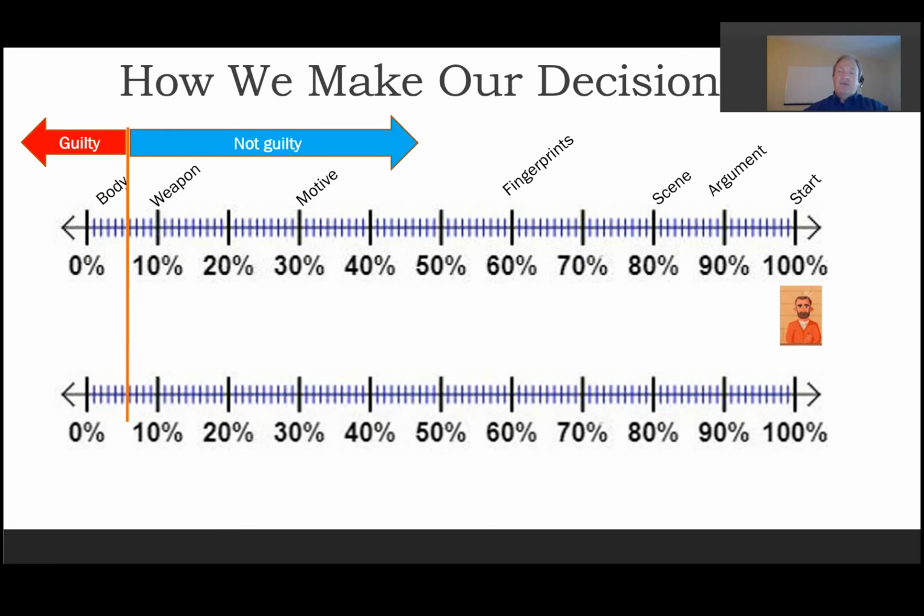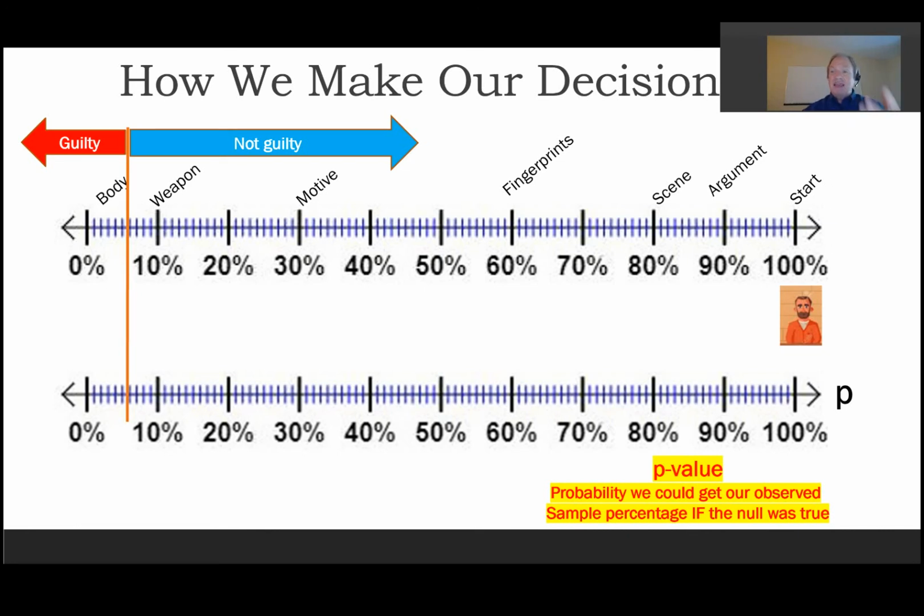But if we think about this in the context of our problem, we're going to do the same sort of thing. This is the probability the null hypothesis could be true given all the evidence against it. And the evidence against it is going to be the p-value. It's going to be that percentile we just looked at. And when that percentile is really small, that means it's really unlikely the null could be true, because it's really unlikely we could get a sample percentage from the distribution of sample percentages we'd get if the null was true.